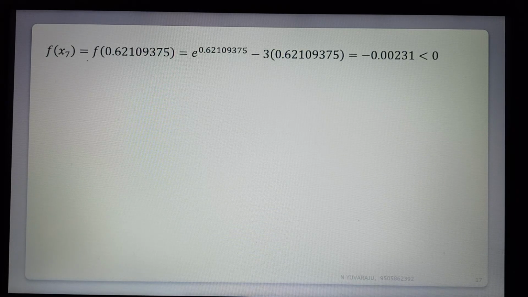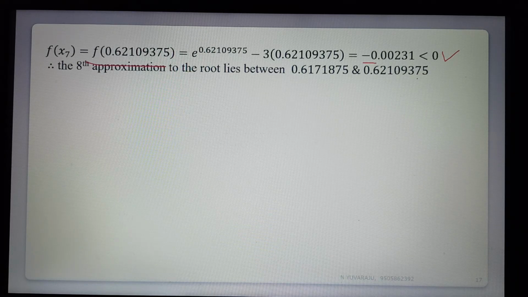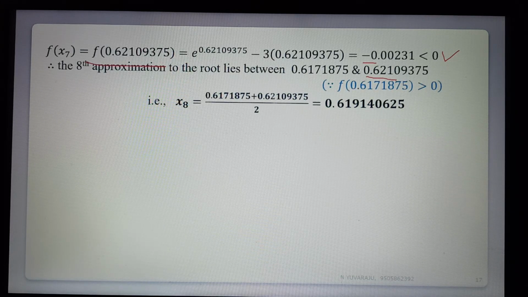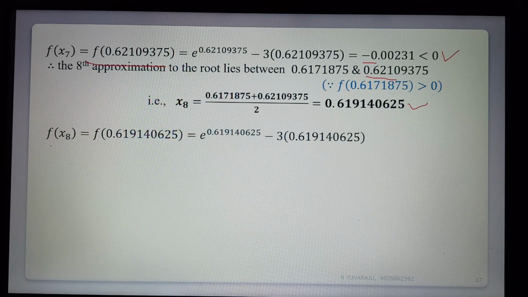f of x7, substituting in the given equation, getting minus 0.00231, negative only. The previous value is positive. The next root lies between 0.6171875 and 0.62109375. The previous value is positive. So the next approximation, the eighth approximation, 0.619140625. So f of x8, the eighth approximation, substituting in the given equation we get minus